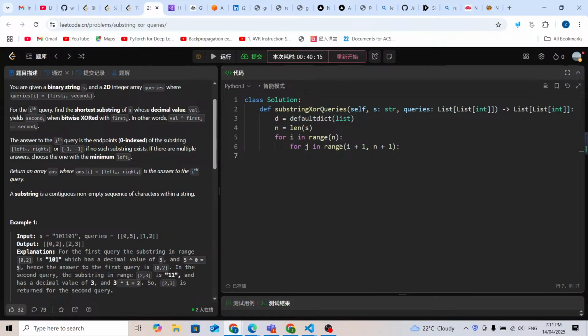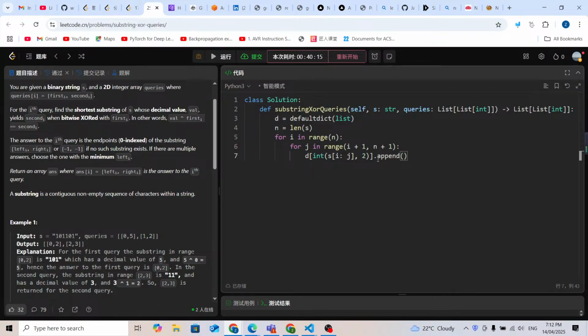Now we're gonna use this dictionary d. We want to turn the value into an integer, so we're going to use the integer of the value, s[i:j]. While we use the int method, s[i:j] is a binary number, but we actually just need a decimal number, so we're going to turn it into a decimal number. This is why we're going to use int(s[i:j], 2), and this is the key k,